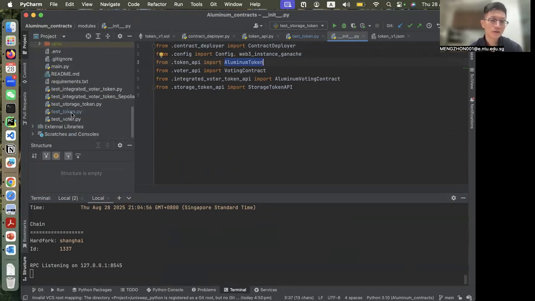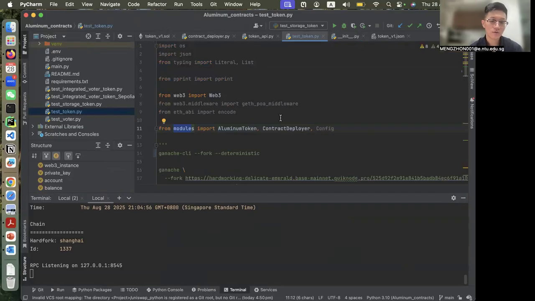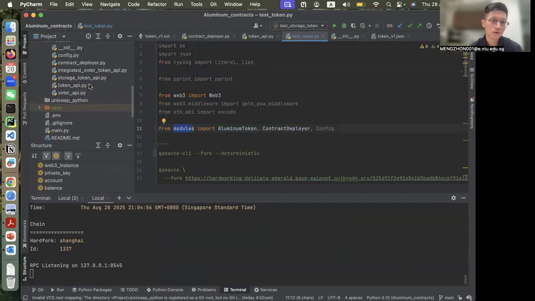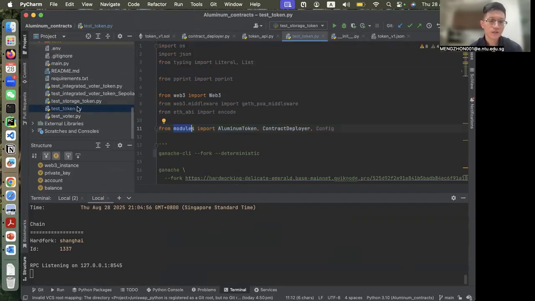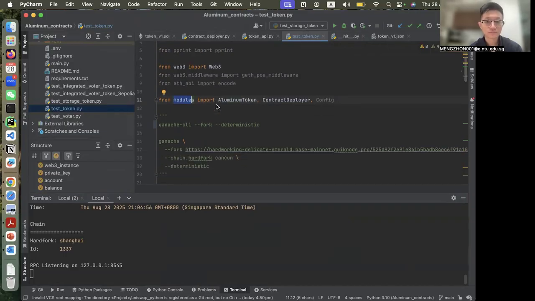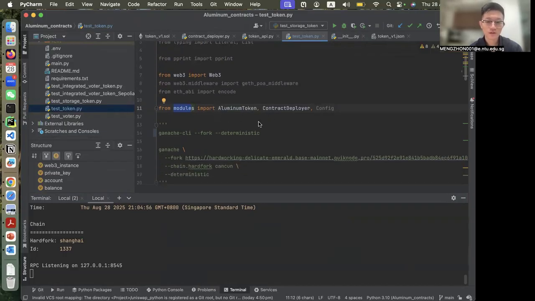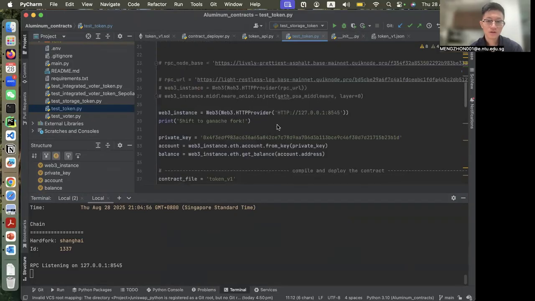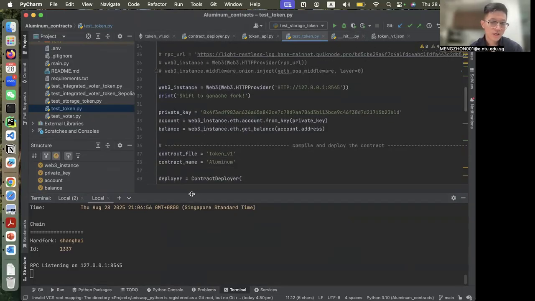That's why I can call my module outside the module directory in another script. So I import the helpers, and after I have the Ganache fork,